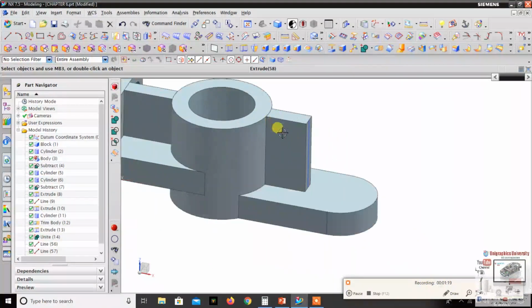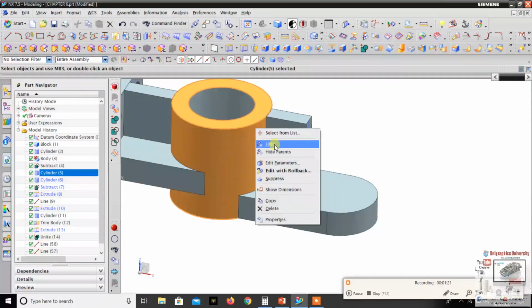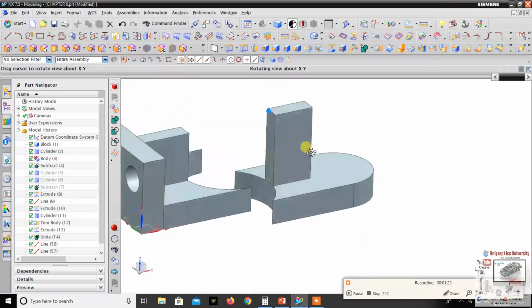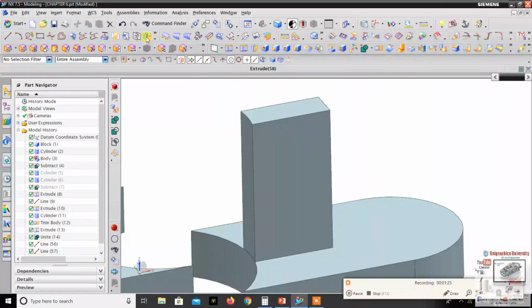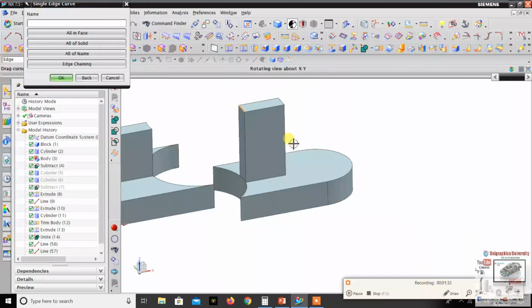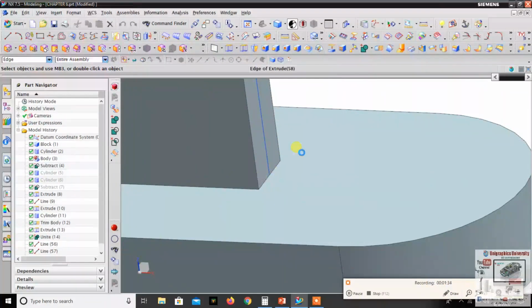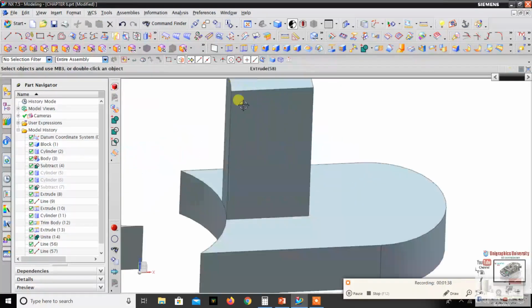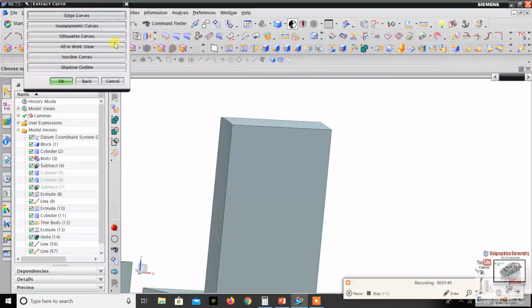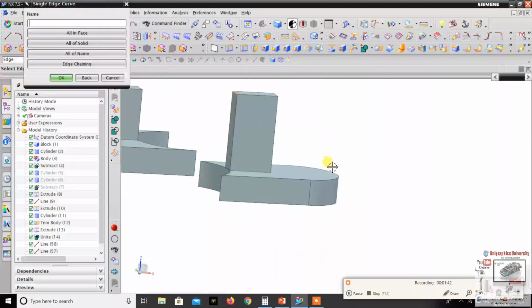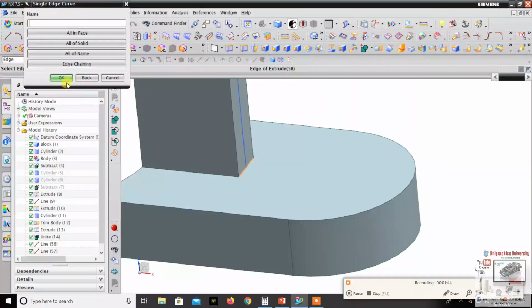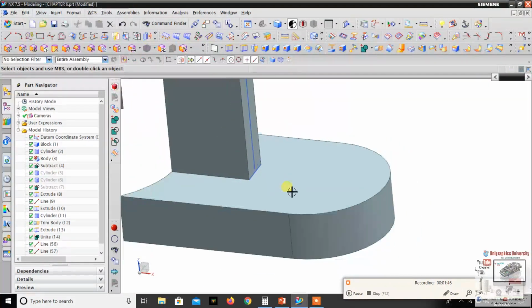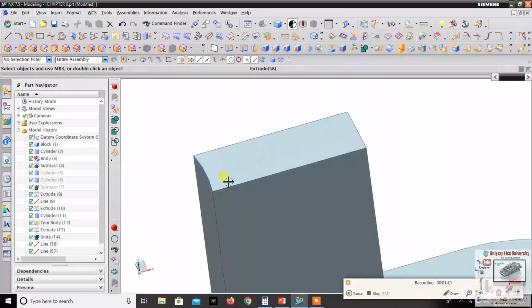Okay, just hide this cylinder. Click extract curve, edge curve, select this edge and select this edge. OK and close. The edge curve will be created.